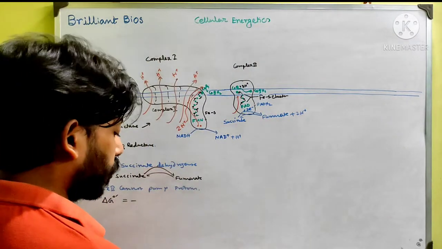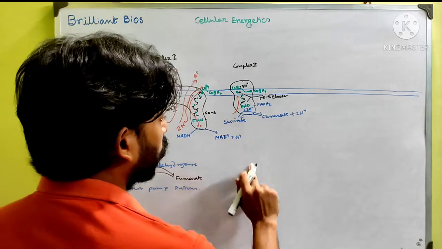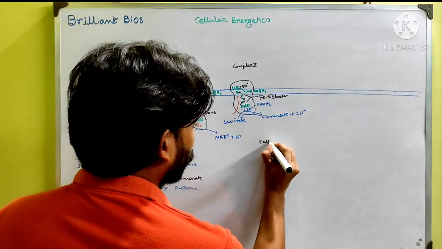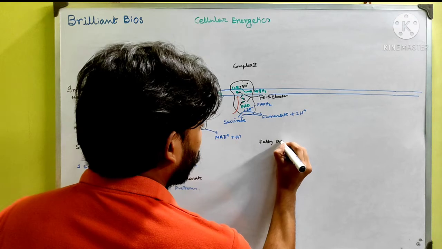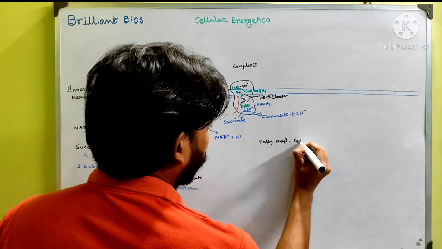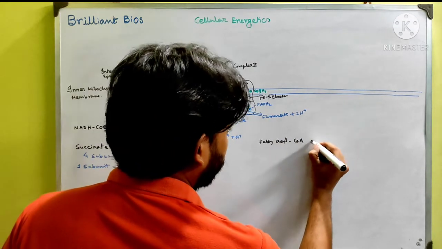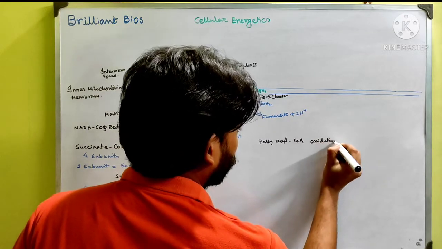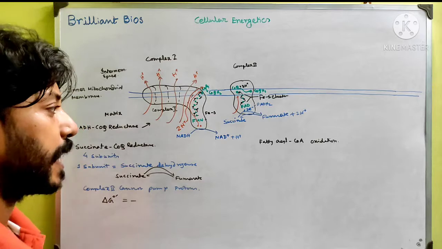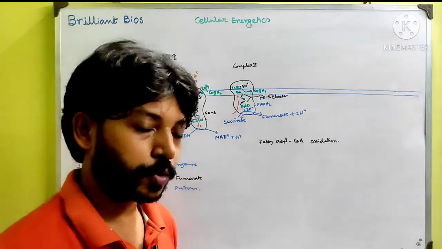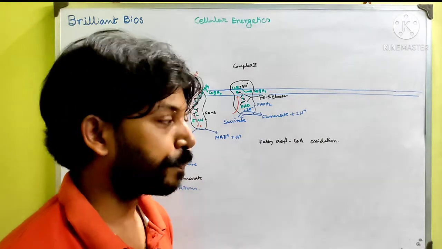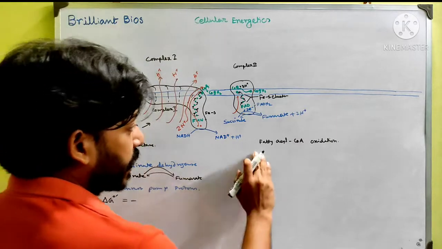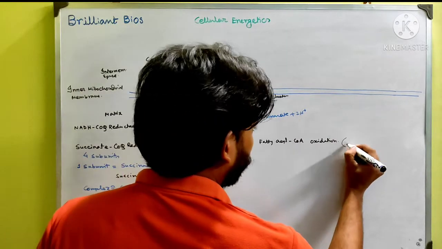In the mitochondrial matrix, one important thing occurs that is called fatty acyl CoA oxidation, meaning fatty acid oxidation. This is very important because fatty acids have so many carbon molecules and energy. This fatty acyl CoA oxidation is also known as beta oxidation,